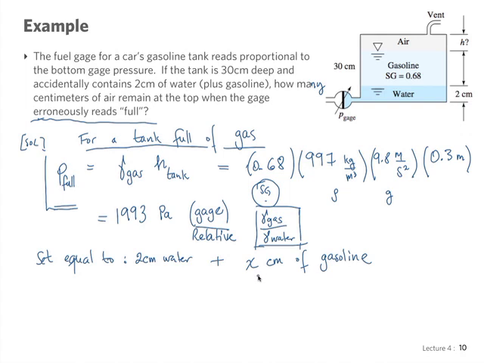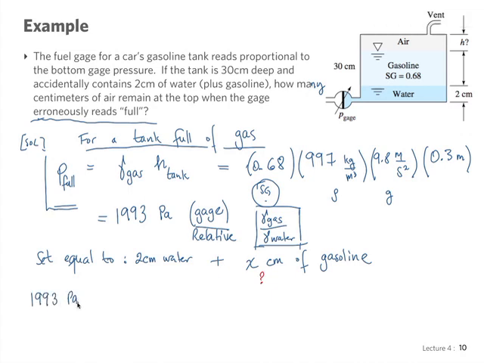This is our unknown. But the gauge reads full, so it needs to be the same pressure. You agree? Everybody happy with that? Good. Okay, so we set it equal to